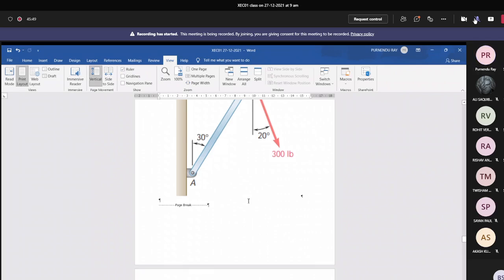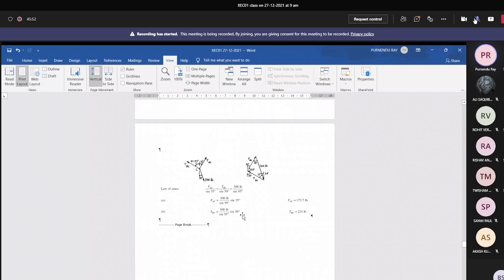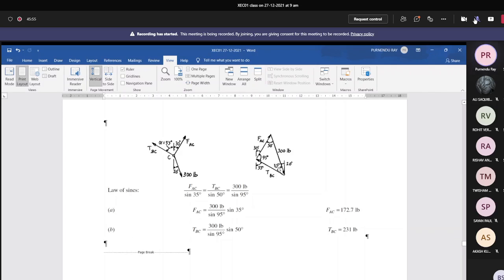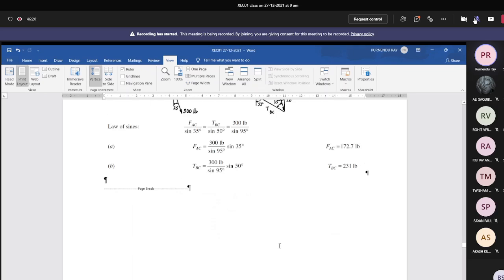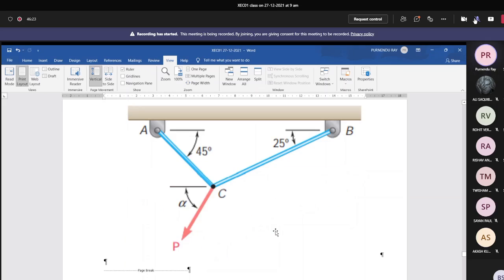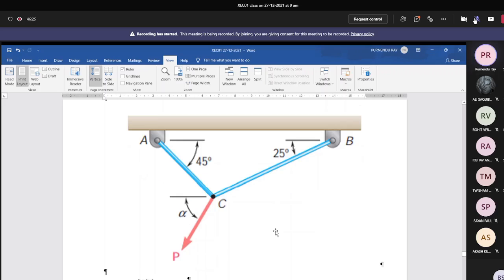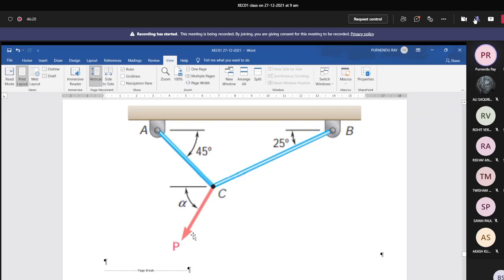So in some similar way, you can draw this triangle, know these included angles, form this expression, find out this value. Now, please try. I don't say that you always need to purchase a book, because so many free materials you will get. Go to the beginning of those books, and in the initial chapters you will find this type of concurrent coplanar force system, the force triangle, etc. Here is another. If the alpha value and P value are given, that is different. That is the straightforward way.